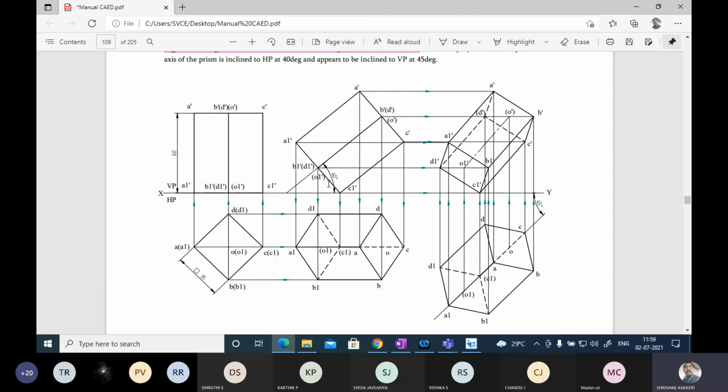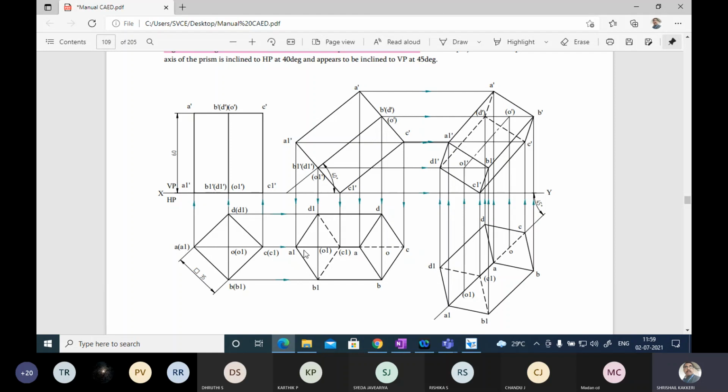And next position is, I have taken 50 degree here because they have given 40 degree inclination. 40 plus 90, 130, and 50 will be equal to 180. So at an angle of 50 degree, I have drawn this line. Then mark over this. Then take these lengths, mark here and here. Then take this diagonal length. By keeping here, mark here. By keeping here, you mark here. These two you can find, and you can complete this.